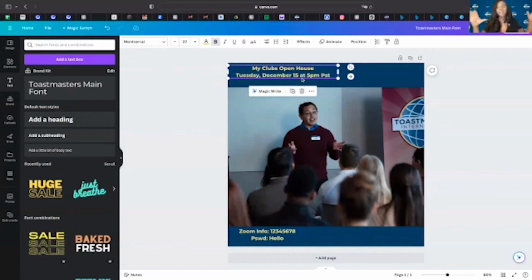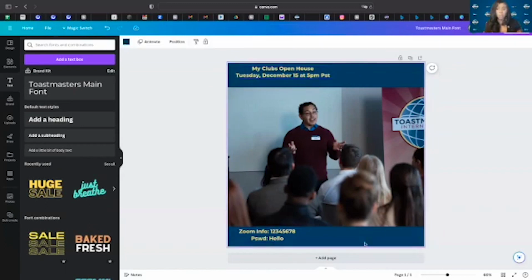So you don't have to go back and find the color and then hit bold and then change the size. It automatically shifts that style that you created with one and puts it to the other without you having to do all of the manual work. So that was an easy fix for you. So here we go. My Clubhouse Zoom information. You're going to want to add additional information, emails, phone numbers, contact people, all of that. For the sake of time, I'm not going to add all that in, but we do want to add our